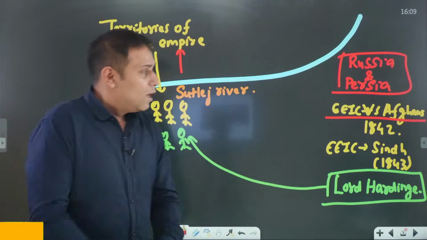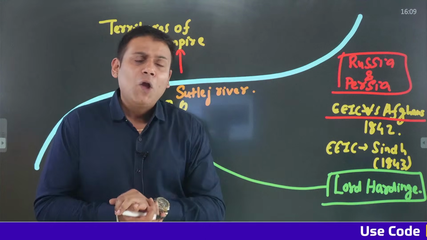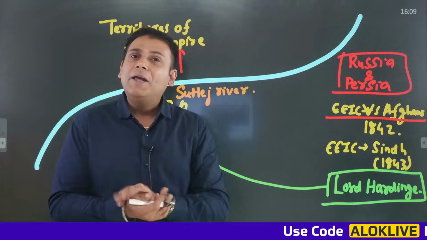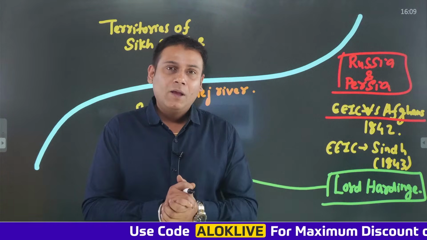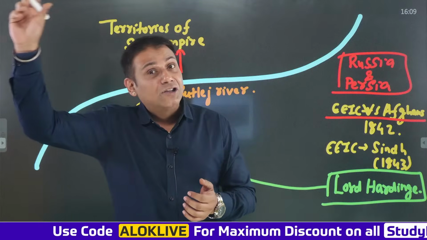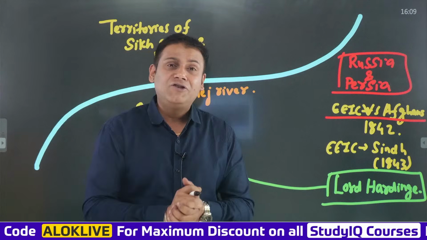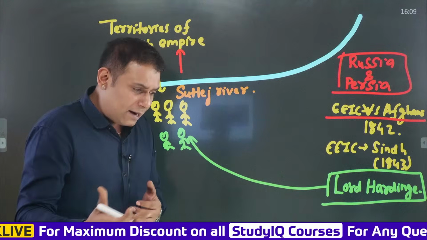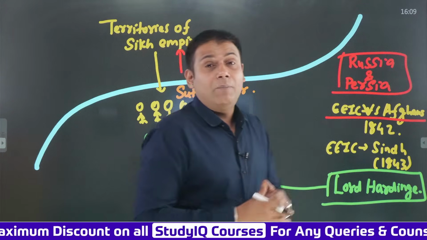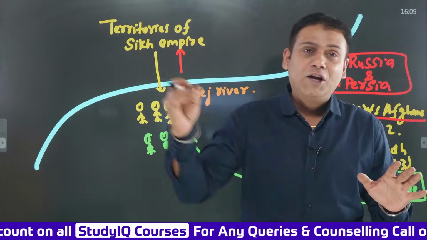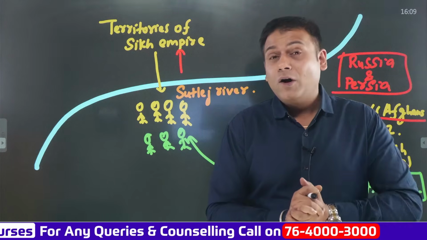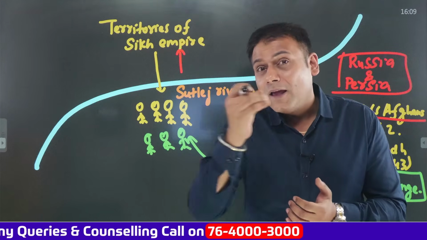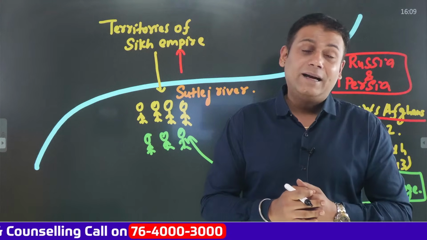Okay. Now, this person, Dost Muhammad, who had become the ruler of Durrani Empire, had an intention to capture the region of Peshawar. And Peshawar was initially under the control of Maharaja Ranjit Singh ji. And he had made many attempts to capture the region of Peshawar, but in all his attempts, he had to face failure. He could not capture the region of Peshawar. So what happened? Dost Muhammad approached the English East India Company at that time.